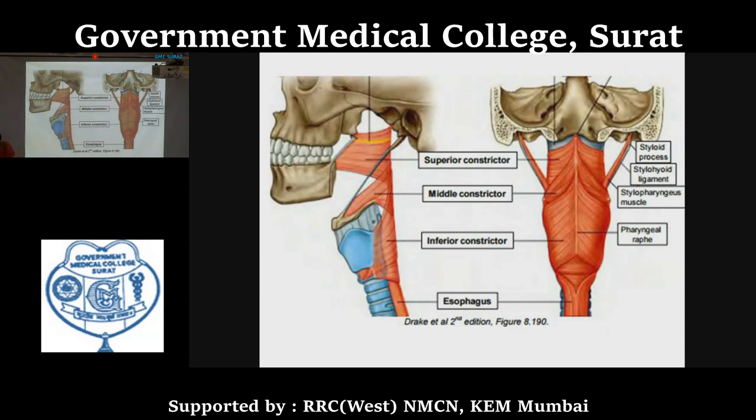Let's have a quick recap of the structure of the pharynx that we have discussed. Basically, the pharynx consists of three laminae, three tunics. The innermost tunic is the mucosa. Then comes the fibrous tunic, known as the pharyngobasilar fascia, and the outermost layer is the muscular tunic, made up of the pharyngeal musculature, having 6 muscles on each side. The 6 paired muscles: out of these 6, 3 are constrictors, superior, middle and inferior, and 3 are vertical muscles, the salpingopharyngeus, stylopharyngeus and palatopharyngeus.